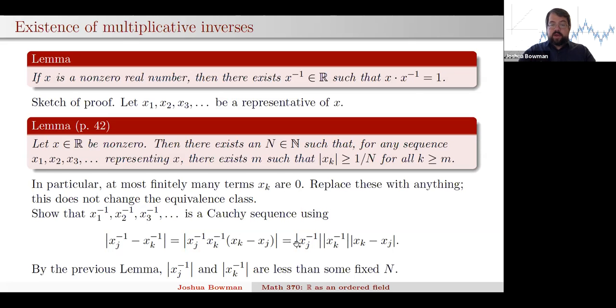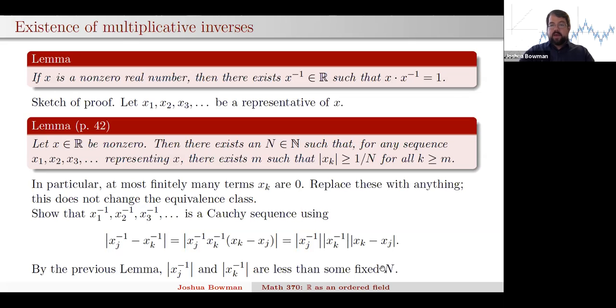So here, if we write this out as a product of three absolute values, that last factor I've just said will stay small if you go far enough in the sequence. And these other two things we don't want to get too big. And for that, we can go back again to this lemma we proved last time. So this is the second time we're using it. So we go back to this lemma, and because the terms of the original sequence are bigger than 1 over n in absolute value, if you take their reciprocals, and this is something we just know about rational numbers, the reciprocals will be less than